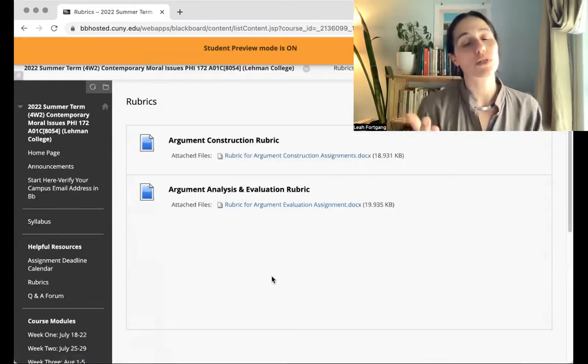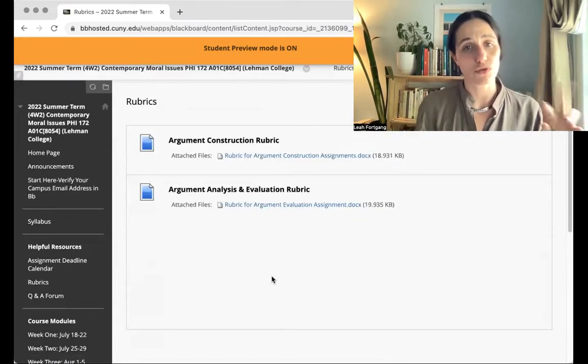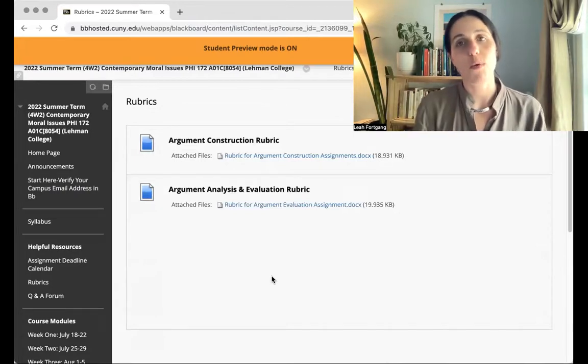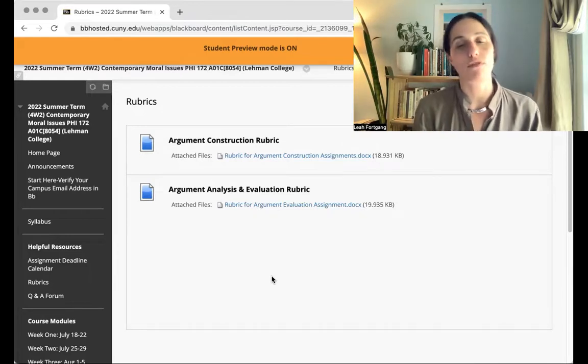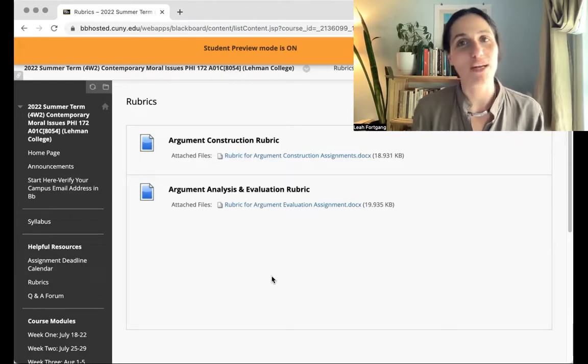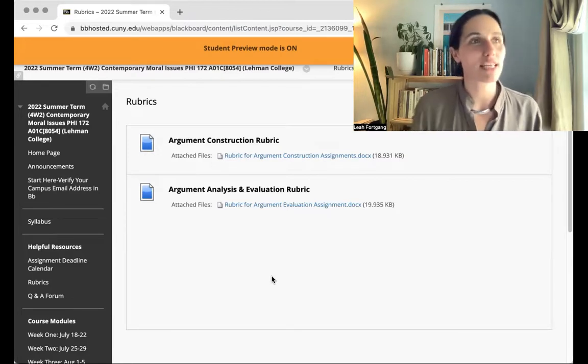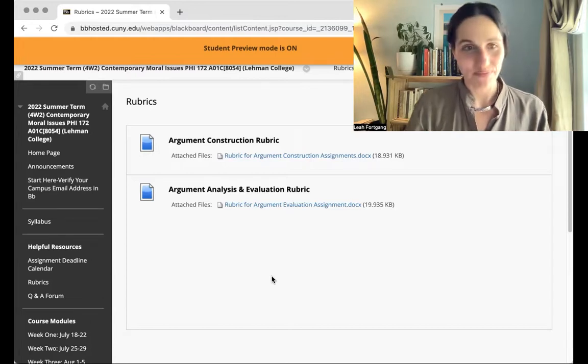Next, you will see we have the rubrics for the argument construction and argument analysis and evaluation assignments. There again, we have some basic requirements for those assignments: what an A looks like, what a B looks like, etc., as well as a lot of examples that will hopefully give you a better idea of what clarity looks like, what a direct answer looks like. I'm sure many of you have received comments from instructors in the past saying things like, "what you say here is unclear," but it's not really clear to you what their standard for clarity is. So that's a place where I hopefully make all of that clear.